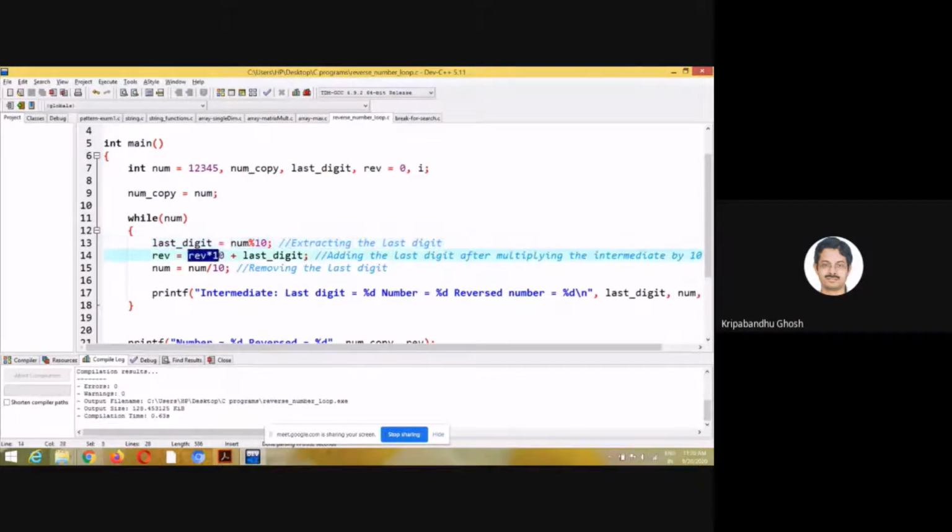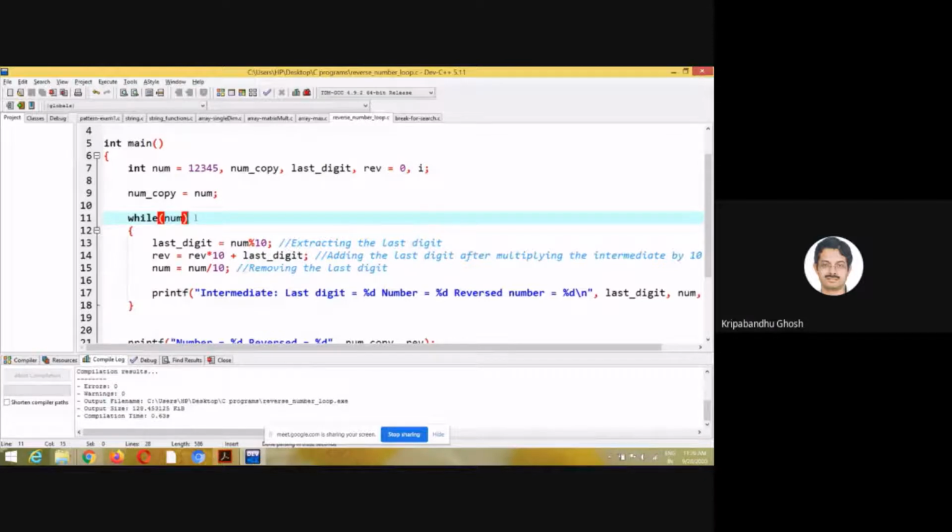So that is the last digit of this number. What we do here is initialize a variable to 0. That variable will be my reverse number. Initially it is empty, right? There are no digits there. So I multiply this by 10, so it gets 0 plus the last digit. The last digit in this case is 5, so reverse now contains 5. Now I remove the last digit from this number, so we are left with 1, 2, 3, 4. This num has now reduced from 1, 2, 3, 4, 5 to 1, 2, 3, 4, but it is still not 0.